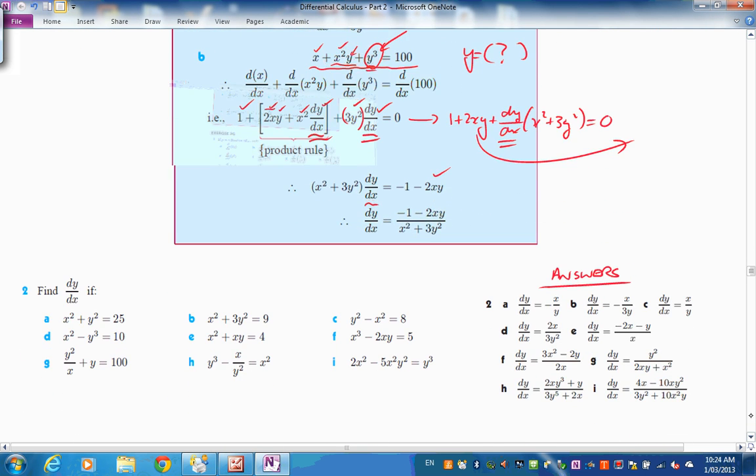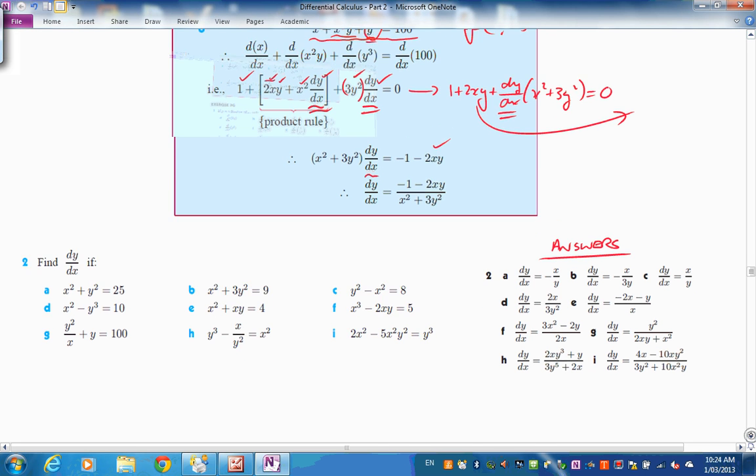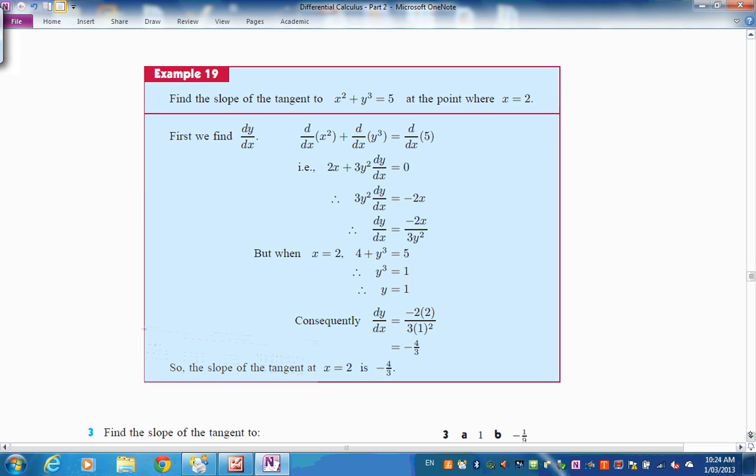Okay, so you're there, and what I'd like you to do is have a go at those problems and move on. I'll catch you as I go on here. Alright, so they're all along the same lines. Find the slope of the tangent. Remember the trichotomy. If you're getting the derivative, then you're getting the slope of the tangent,